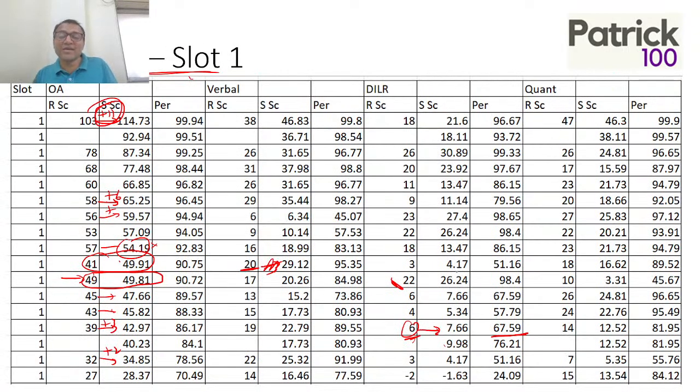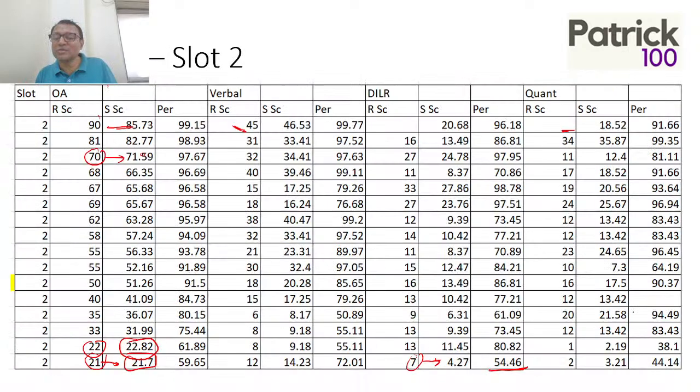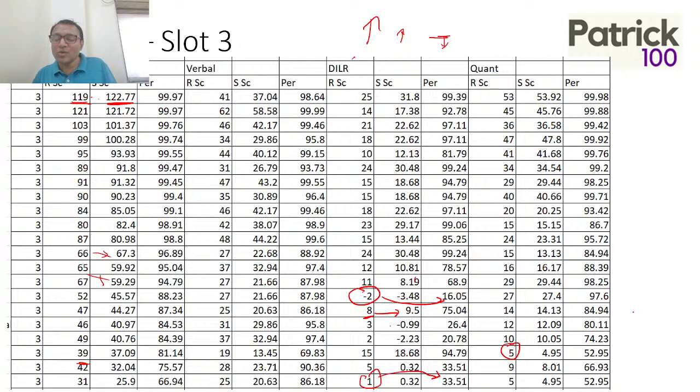If I look at the scaled score of 7 marks last year, it was around 60 percentile. So this year it will go further ahead. He may cross a 70 percentile, which means there is a chance that he will be able to clear the sectional cutoff of 70 percentile, which is true for most of the colleges. That's how it will work. Okay, I hope this is clear.